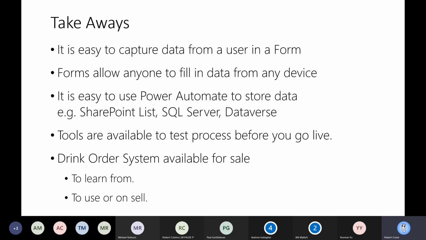And as you've seen, hopefully, there should be no excuse now that you have forms to capture information, SharePoint to store the information, and things like Power Automate to then take that information and manipulate it, as well as assist in storing it.